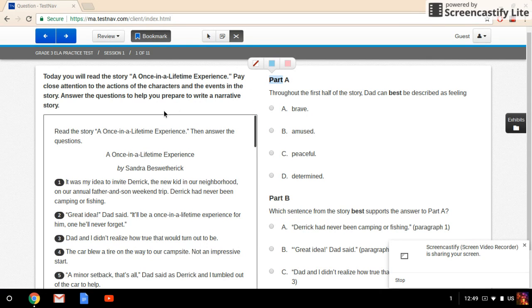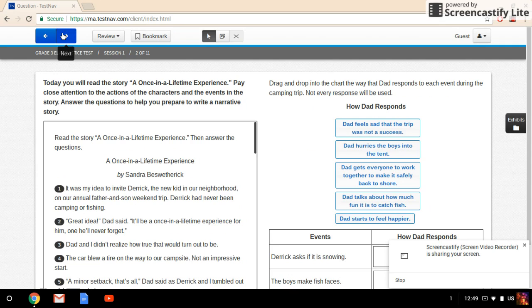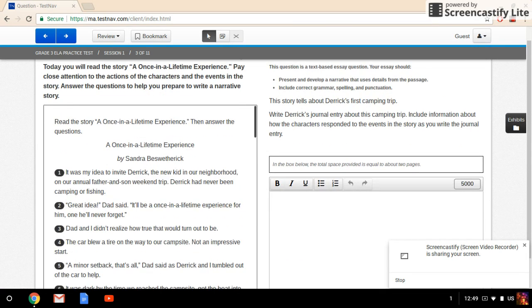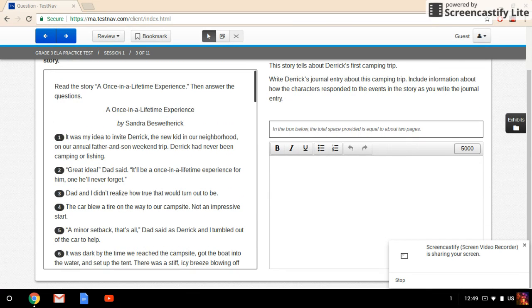And then finally you have your highlighting. You can highlight things, and then you can change the color of them, and if you don't want it there anymore, you can highlight it again and then just click the white box. And then that is what your screen will look like, and this is what your open response should look like for your MCAS. Okay, so this is your open response, and you have bold writing,